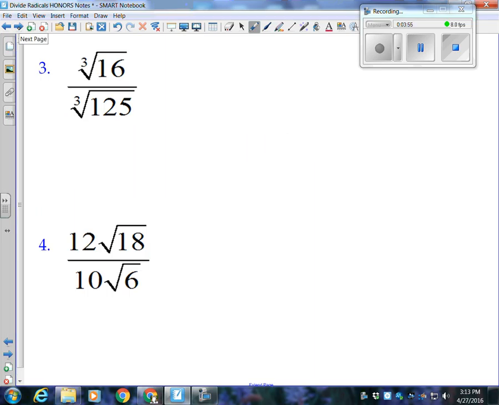All right, cube root of 16 and the cube root of 125. Do I have a perfect cube? Well, it turns out 5 to the third power, sure enough, is 125. So the cube root of what number is 125? Turns out to be just a 5 in the bottom. So by remembering our perfect cubes, we can actually resolve this denominator to be something that works out nice and